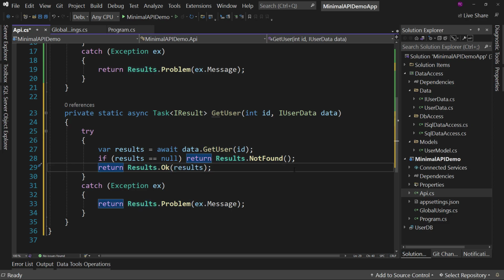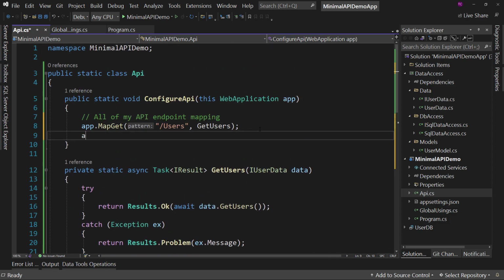Yes, we could collapse all this down into one line of C# code. I think that's a little too much collapsing for us, but I think this right here gives us the right amount of simplicity while not being so simple it's actually confusing, or so many lines of code that are unnecessary. So that's now our GetUser, which means we can come back up to the top